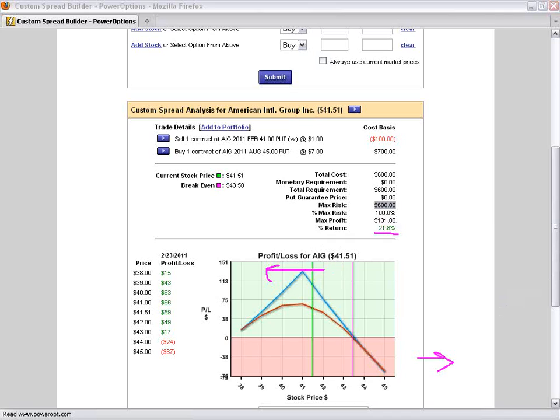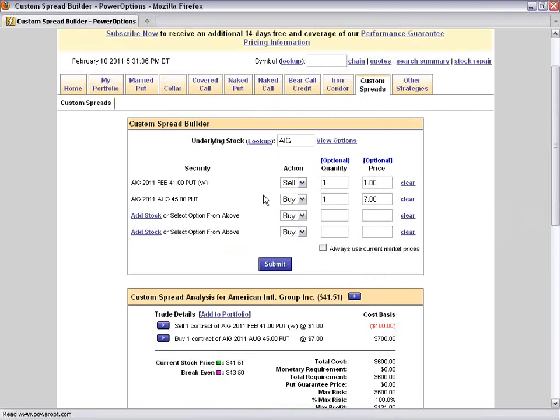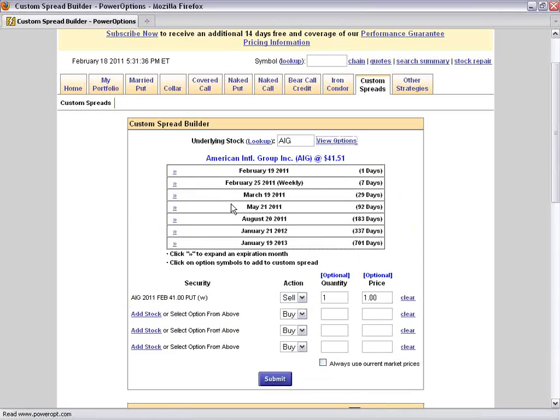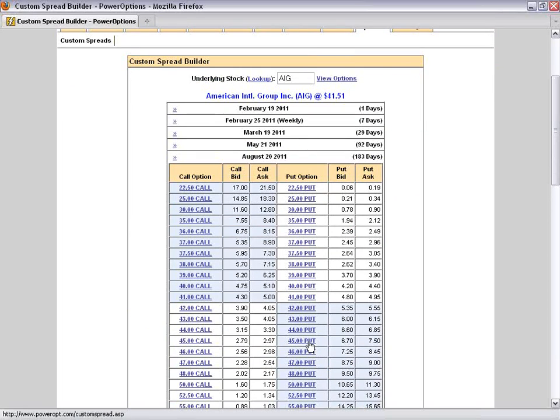Well, let's reverse this in the sense of we're going to keep a neutral to bullish concept, but we want to have some protection but go further out in time. So we're going to still sell our 41 strike weekly put for $1, but instead of buying the in-the-money August 45, which would create an overall bearish position long term, let's go back to August, and that was 4 points in the money from where the stock is now roughly. So let's go 4 points out of the money, and the stock's at 41, so let's use the 37 put. Well, you know what? Let's use the 38 because we used that in the bull put credit spread.